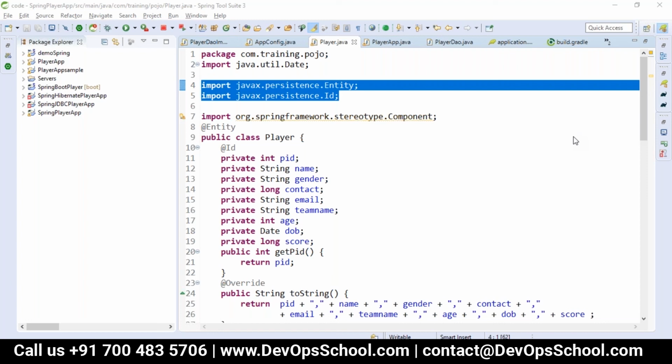Tomorrow we'll start with our Spring Boot. First, we'll make this project into Spring Boot. At the same time, we'll discuss more about what JPA is and how Spring Data JPA works. You already saw JDBC, but with Spring Boot there is not much difference, only the configuration: instead of a config file, we'll write it in the application properties. We'll also cover how entity relationships are taken care of, the Hibernate ones and joins. So the entire DAO layer and our entity layer will be discussed tomorrow.